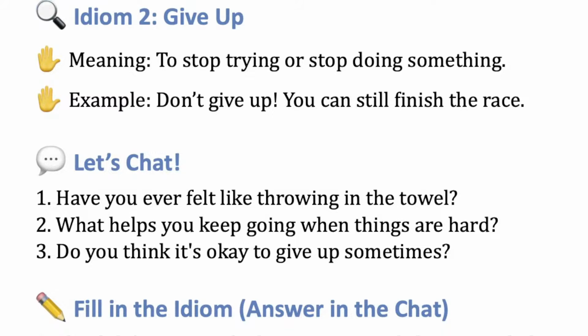So what keeps you going when things are hard? 3, do you think it's okay to give up sometimes? Do you think it's okay to just say, okay, well, I admit I can't do it. I can't finish this project. I'm going to quit. I'm going to give up. Is that okay sometimes?